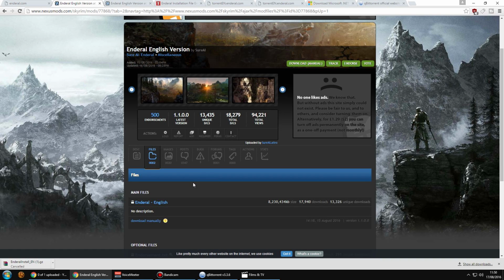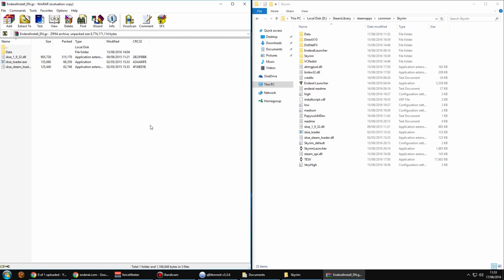I'm not 100% sure on what that is, but I think it's around 1 megabyte per second. So if you have an internet that can support a higher bandwidth than this, then I would recommend that you use the torrent or maybe even ModDB. So once you have downloaded the file, it should be finished, and then just go down into your download section for